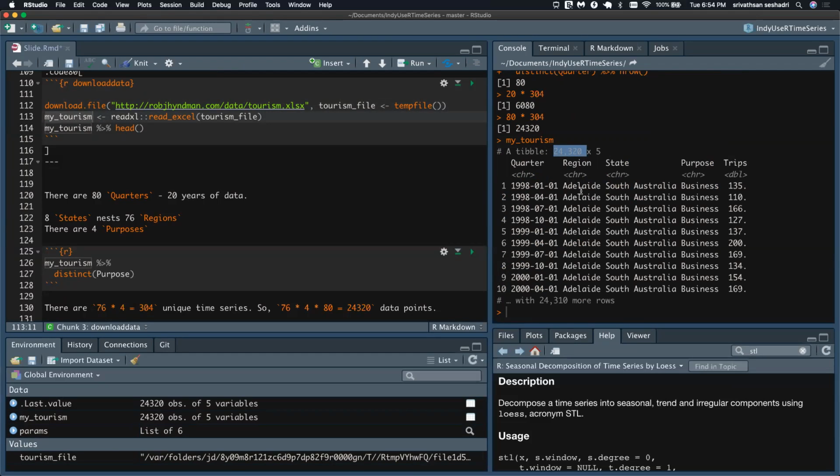304 unique time series. And if you were to make time series objects for all the 304 time series, look at the number of variables set in the global environment and in the R environment.